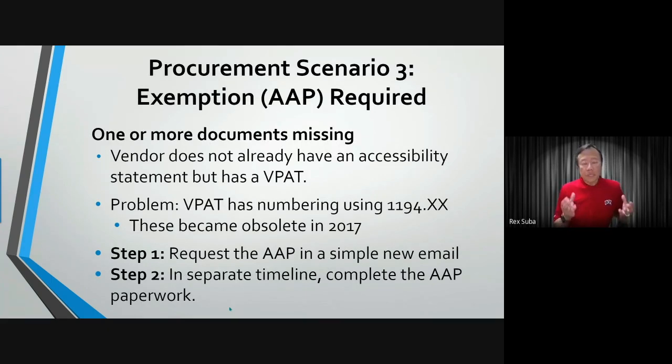Very clearly, we've established that if plan B, one or more of the documents is missing, or if it is a VPAT and it exists, it is not adequate or is not valid, then we have a two-part process for requesting this AAP process. First, you start a brand new email,